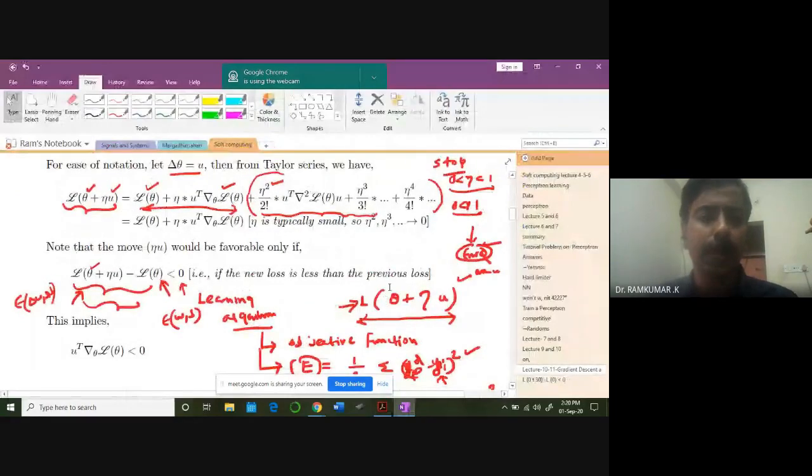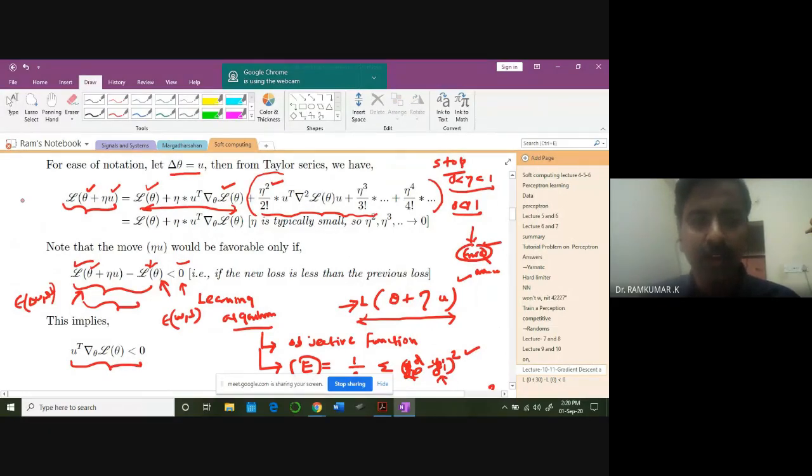So we want the updated cost function or the error function, with respect to the weights and bias. The difference between the updated one and the present value should be less than 0. That's what we want, the error function, the cost function. So naturally, for satisfying this condition, we would like this value to be less than 0. That's quite obvious. Everybody with me here?